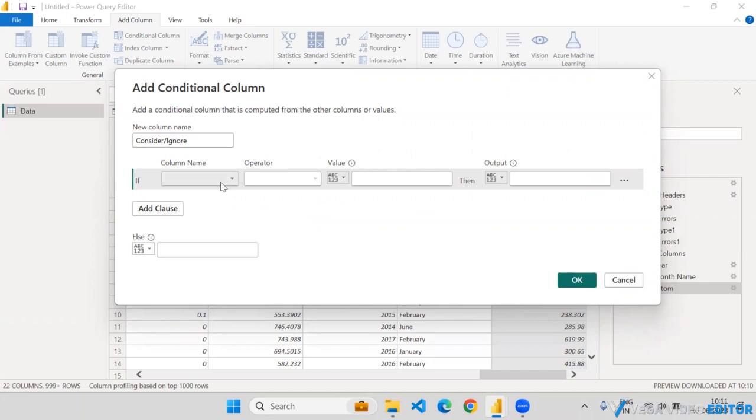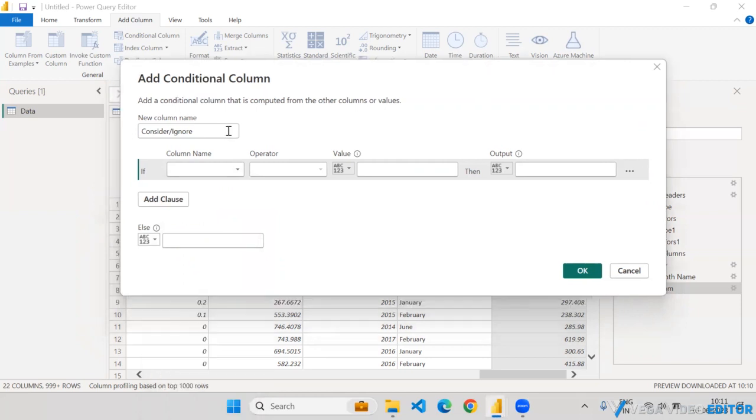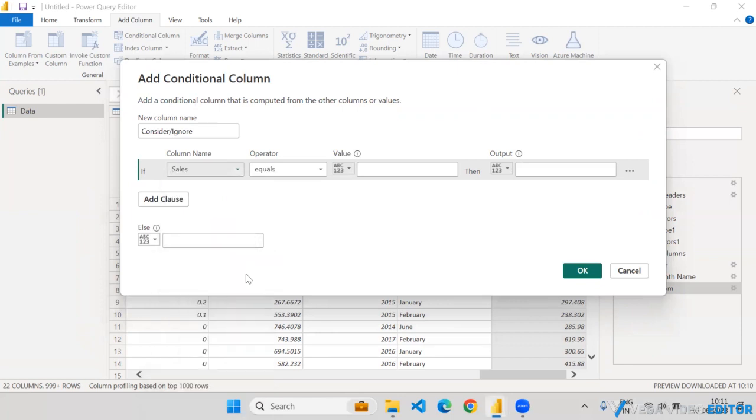Here you don't need to write formulas and all. You are supposed to select simple things. What was my last column name? Month name. Instead of that, what I will do, I will select the amount column, so that will be easy to understand. Sales is greater than 5,000. If my sales is greater than 5,000, what I want